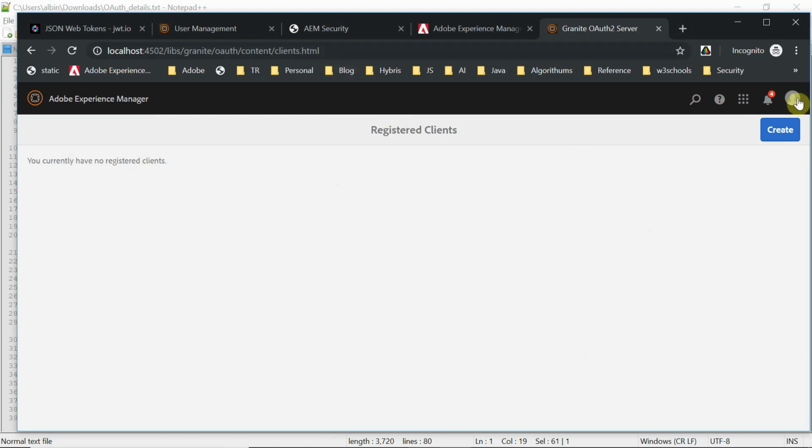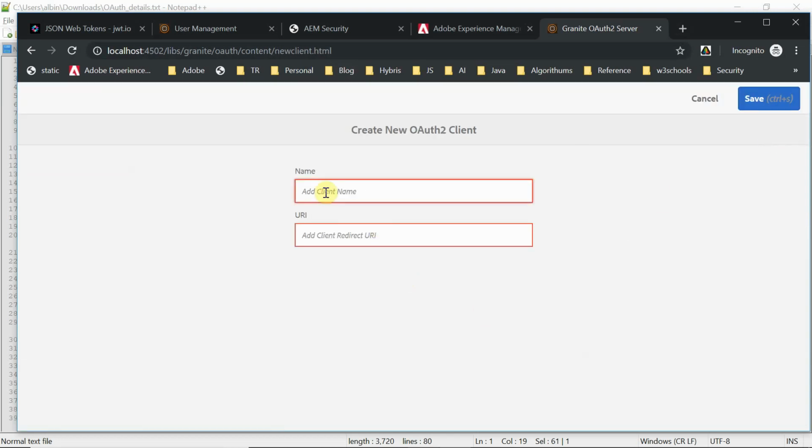I am using admin for the registration, and the remaining demo I can show with my new user. Click on New, test. I will just put something random. As I already told, this is a non-existing URL, but in real time you need to provide the URL that is going to get the token or code and perform the further operation. Just click on Save.